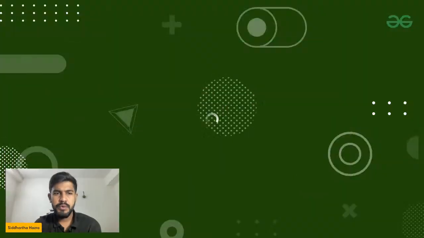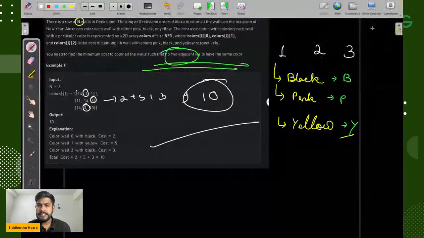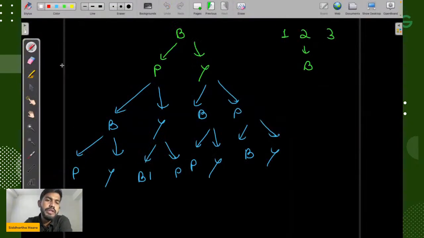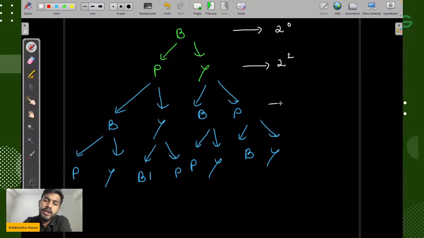Okay, so I think we can move forward. Now if you move forward, you would see that we have a kind of choice diagram where the first one has 2 to the power 0 node, the second one has 2 to the power 1 node, the third one has 2 to the power 3 node, and the fourth one has 2 to the power 4 node. So we easily come to the conclusion that this problem is of